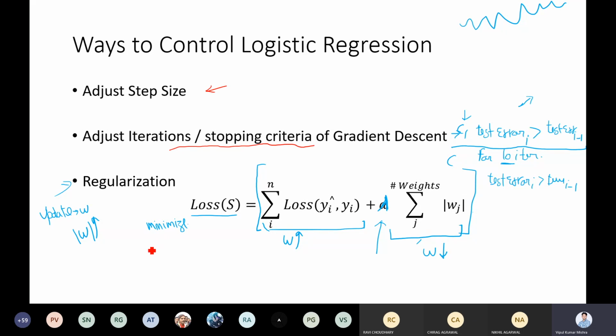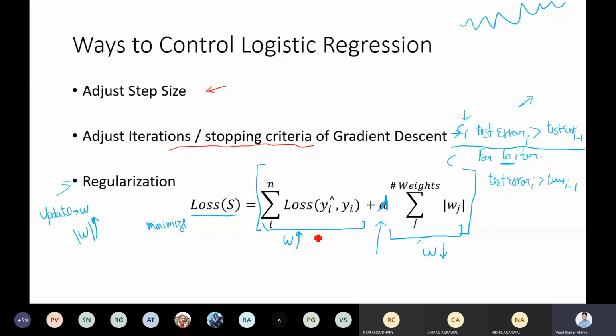And the third way is regularization. Regularization controls overfitting at the time of training itself. You remember the formula. The initial formula was just this loss. In case of logistic regression, this will be log loss, and in case of linear regression, this will be quadratic loss, or squared loss. In that case, we added an additional term, the weights. This particular part is known as the regularizer.